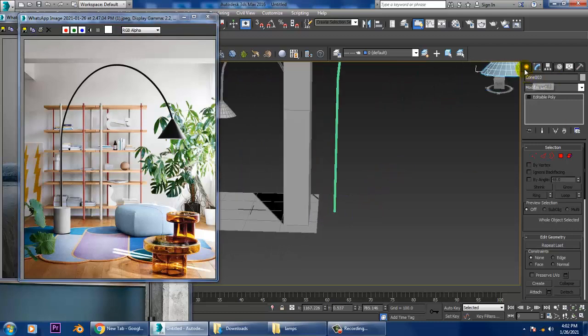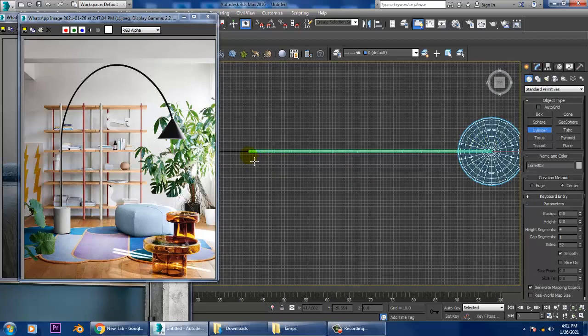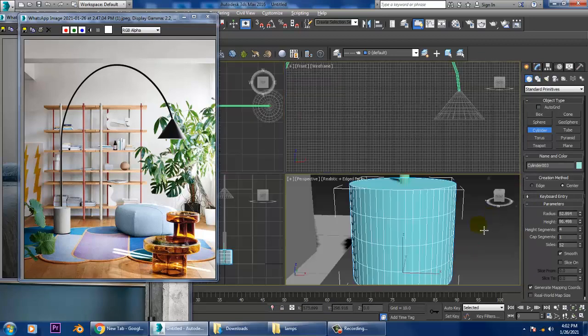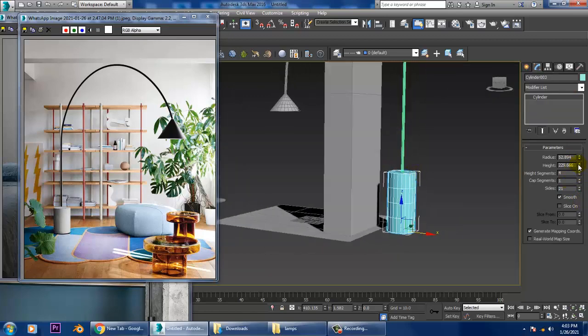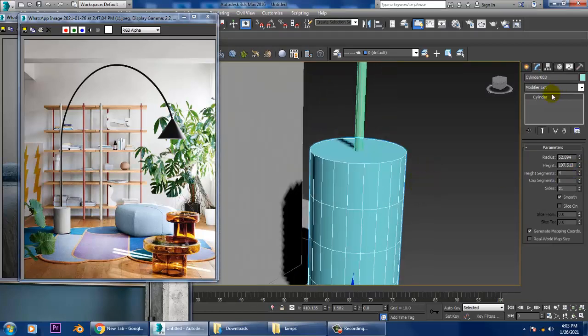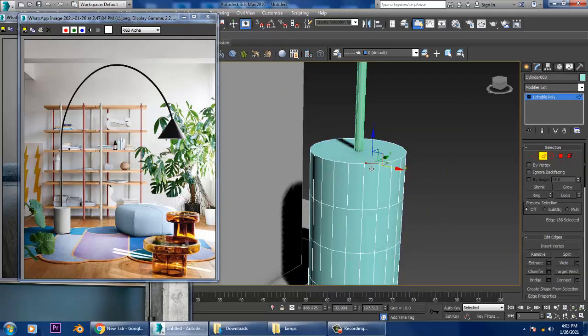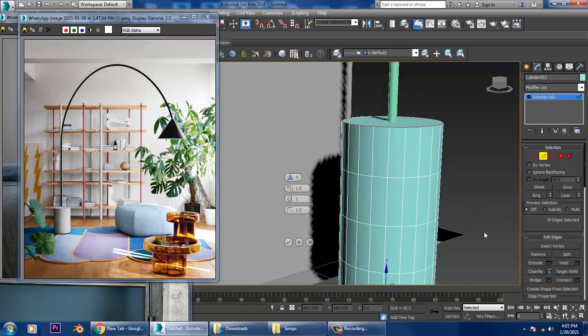Okay, let's again take a cylinder over here. Let's increase its height. Let's convert to poly. Select these edges and slightly give a chamfer to it and click OK.